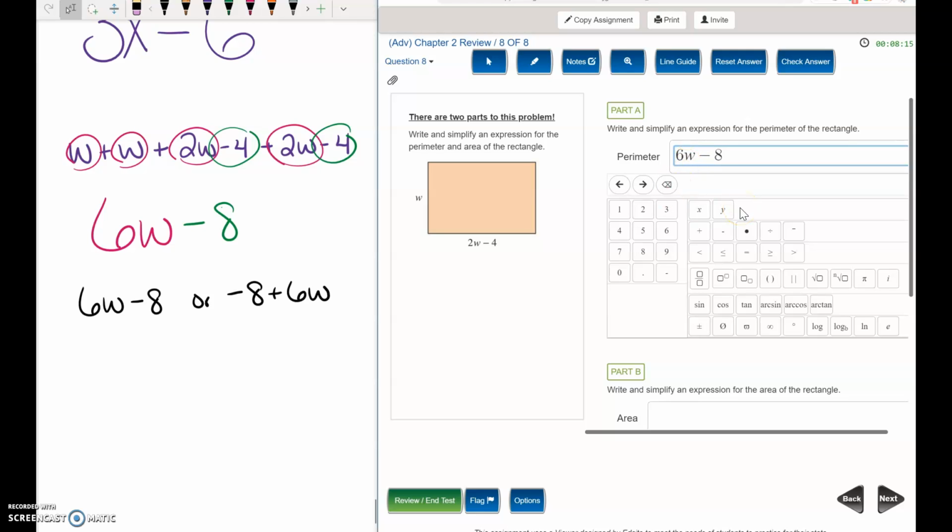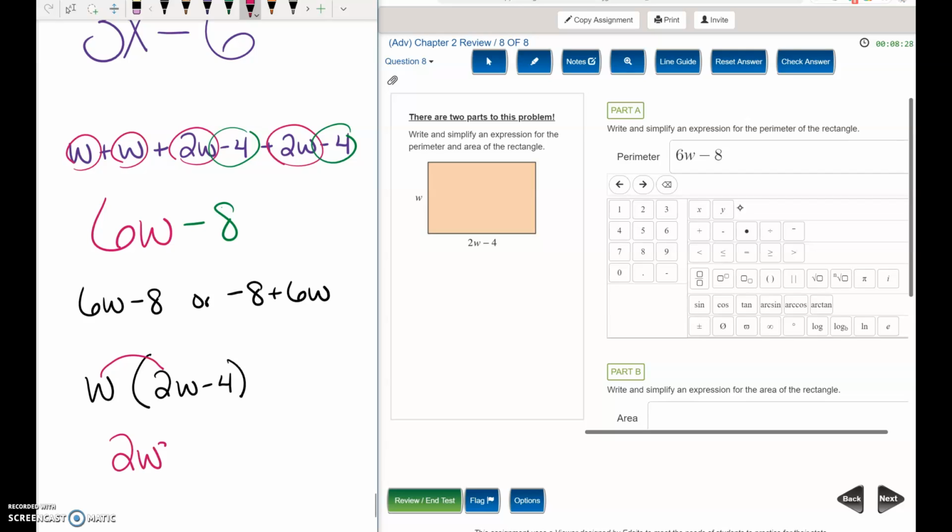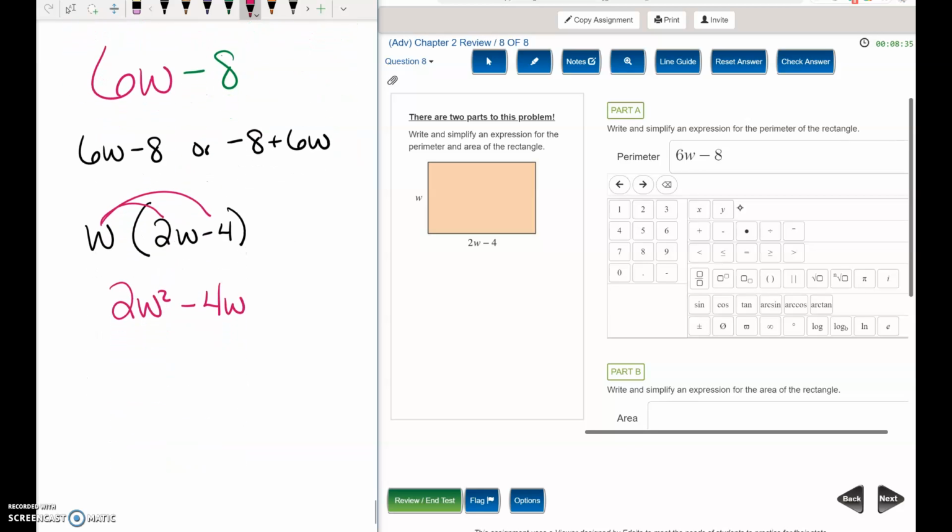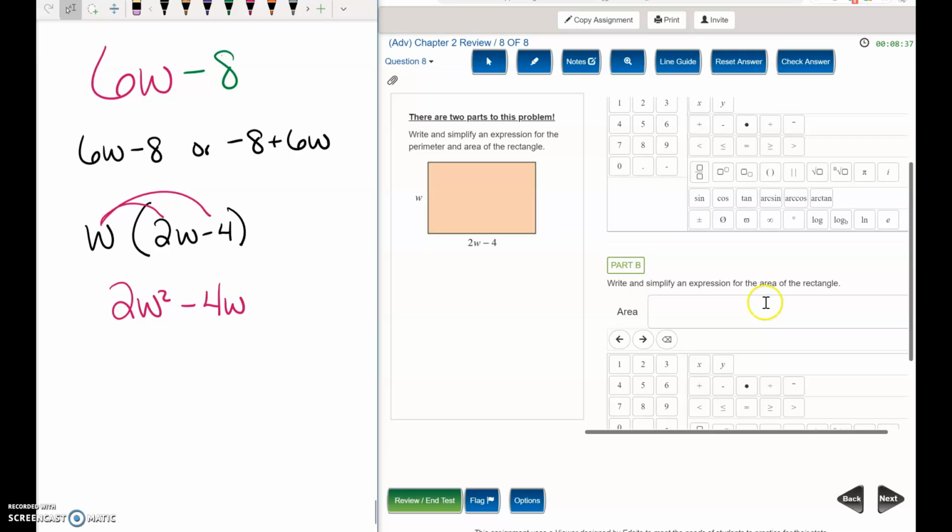For the area, you're multiplying length times width. So W times 2W minus 4. When you distribute, what's W times 2W? 2W squared. What's W times -4? -4W. This system will accept the answers 2W squared minus 4W or -4W plus 2W squared. So